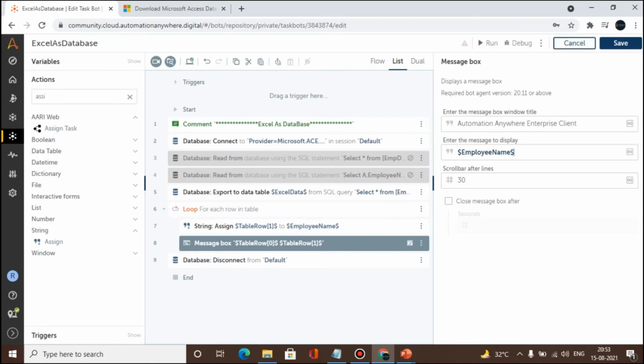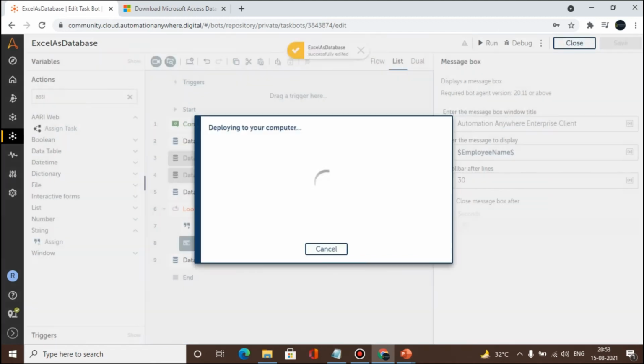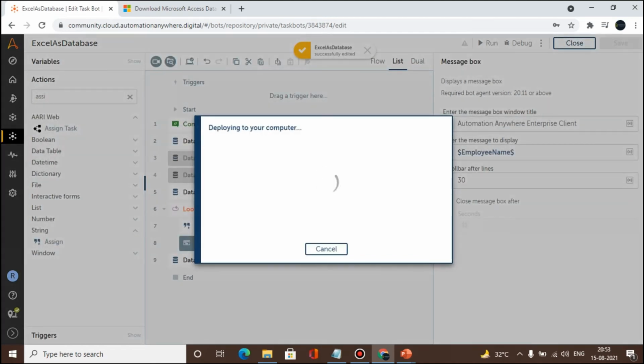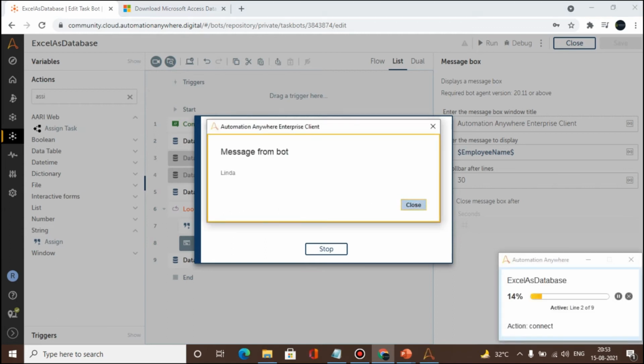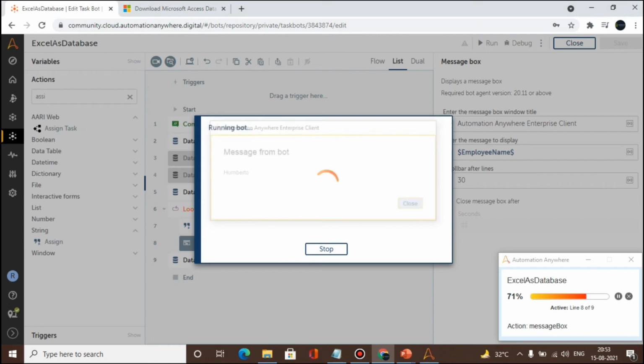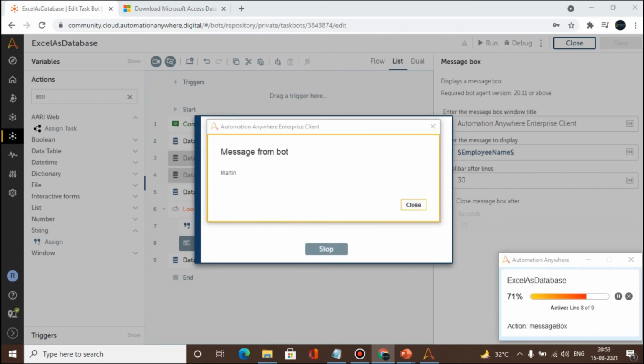If I run this, then it will assign the employee name into the variable called employee name. So you can see here. We can do many things from this section.